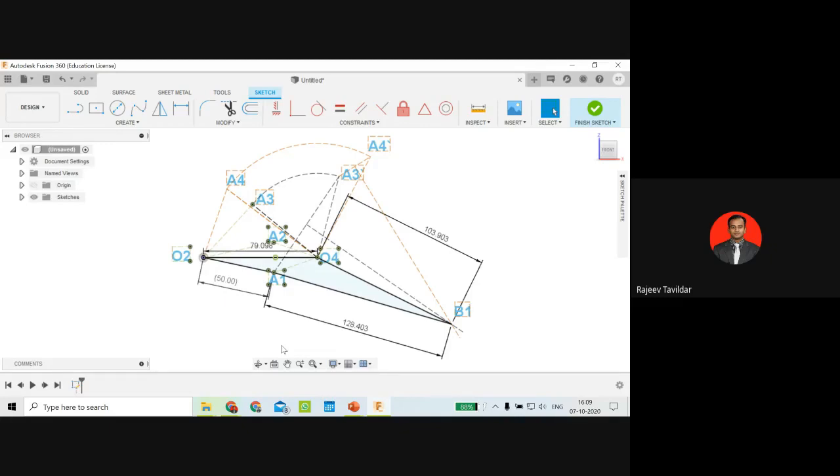Any doubts in this problem? No, sir. I'm specifically emphasizing and stressing on this problem because if you wish, you can just refer to any textbook and go to this 3-position or 4-position method. You might not understand that because they have done it in a very complicated way by drawing circles for each and every line and then finding the intersection of those circles.